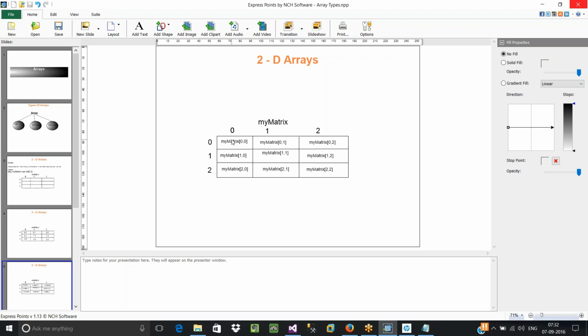First ask him to enter first element, read that element and store it into first location of your matrix, which is available at 0 comma 0. When you enter second element, place that into second location, which is available at 0 comma 1. First you need to fill first row. Once first row is completed, go to second row, start from first column. Fill first column of second row, second column, third column.